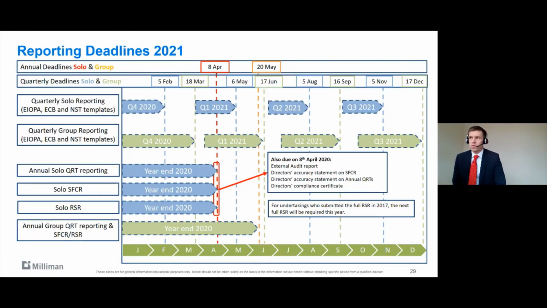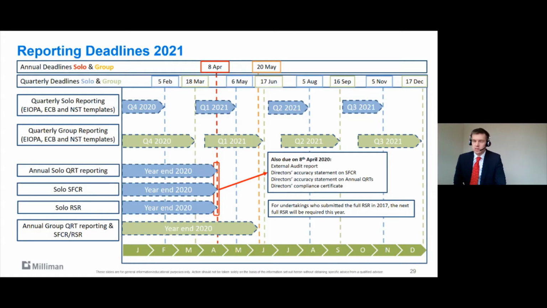Then for the reporting deadlines, I've pulled the information here for the Irish entities. A lot of the deadlines, to summarize and to refresh yourselves, are in line with what was there for last year end. So that means your quarterly QRTs, you can see up the top there, are pretty much in that first week of February. So you're getting all that quarterly QRT work done in January. And then a lot of those annual items, so annual QRTs, you've got your solo entity SFCR, you've got your solo entity ORSA. All those reports are happening around that first week of April.